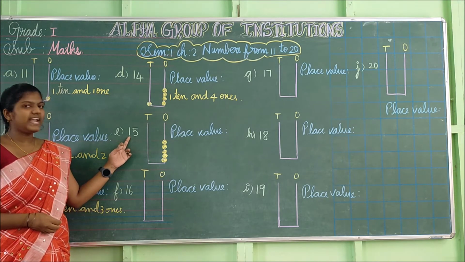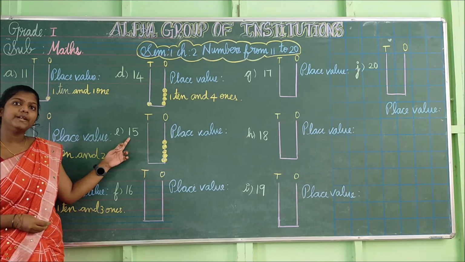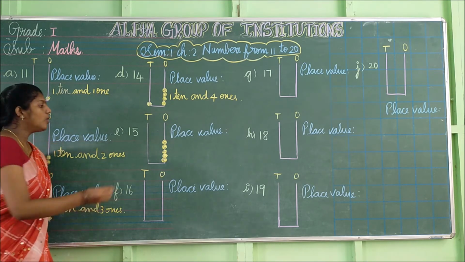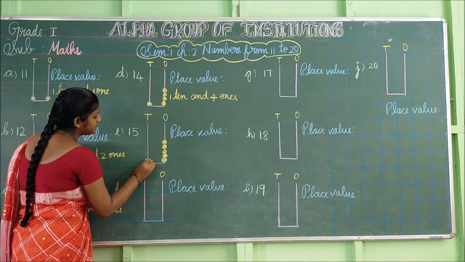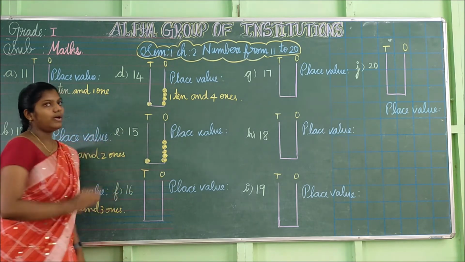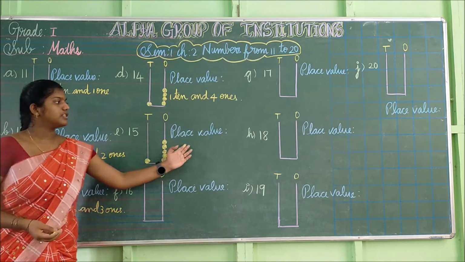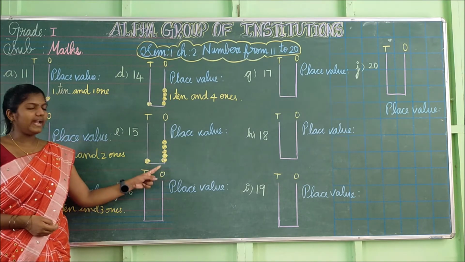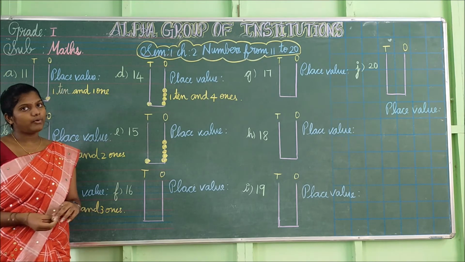And in the tens place, what do we have, children? Yes, we have 1. So I am going to draw 1 bead. See, I have drawn 1 bead. Now it's time for place value. We have 1 ten and 5 ones. So I am going to write